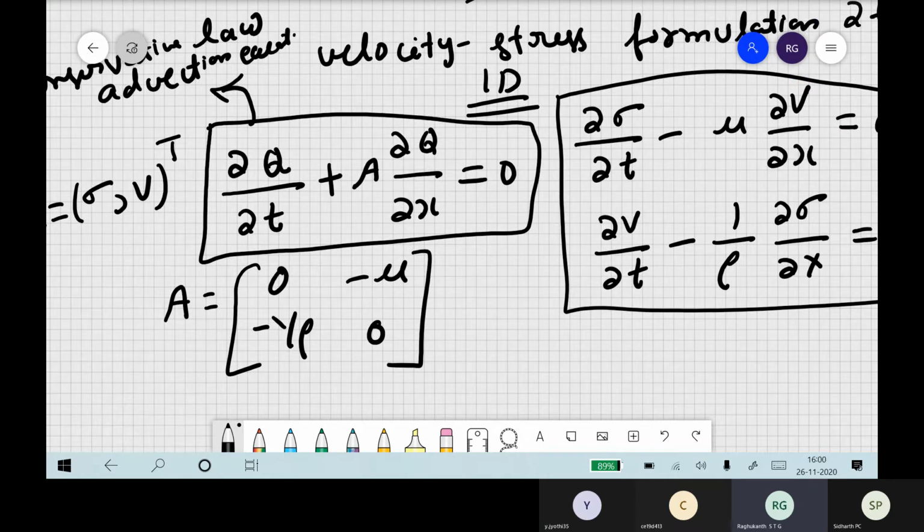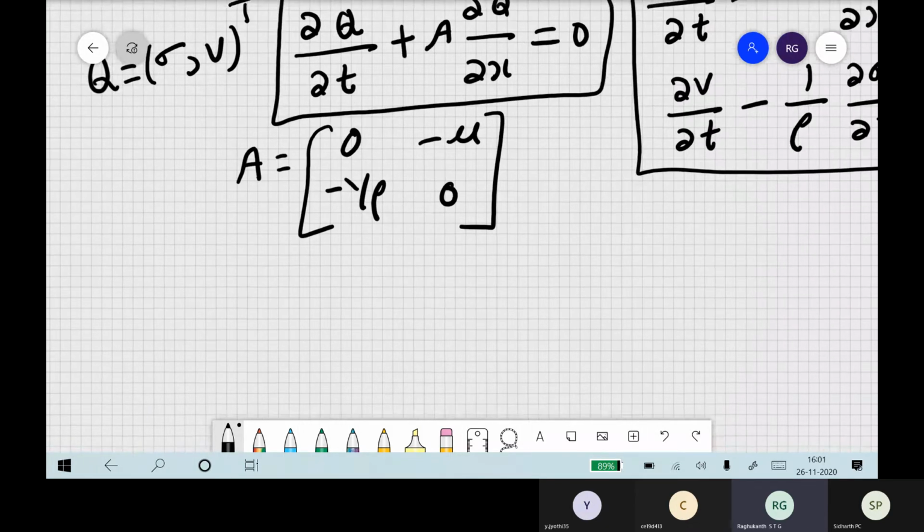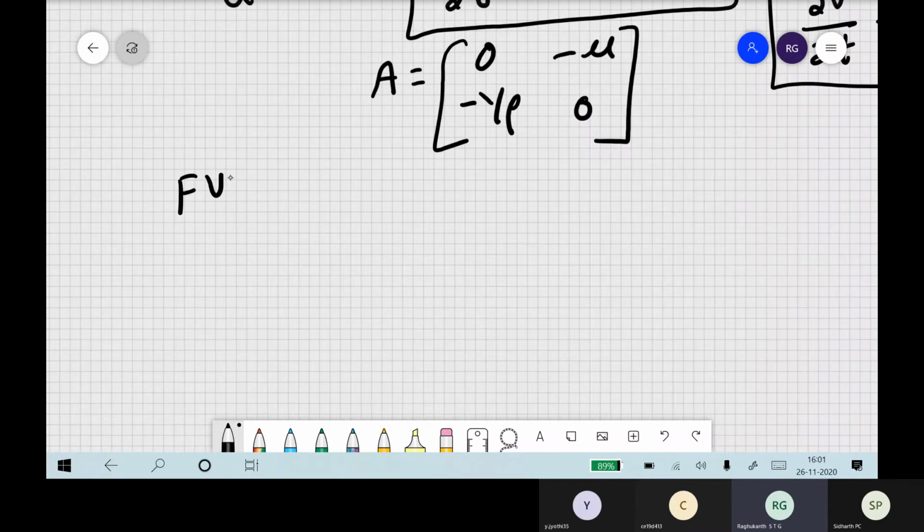So it means that your wave equation or your continuum mechanics, whether beam, column, or whatever you do, because these equations are the same for any continuum mechanics, you can solve them by the finite volume method. So this gives you hope that the finite volume method can be used to solve our wave equation itself. Now let us see the finite volume method. What does it do? It is based on the conservation law only. The only advantage in the finite volume method is no derivatives.